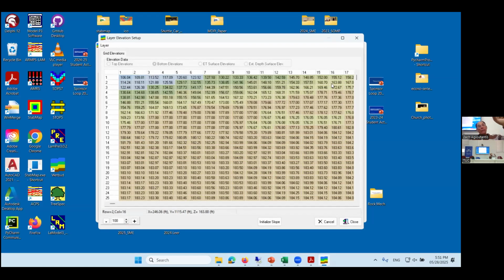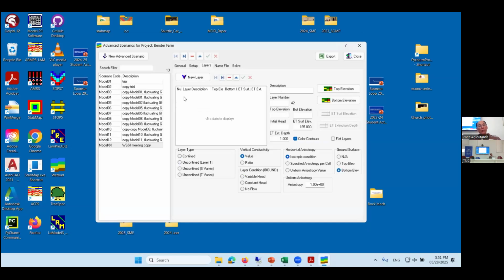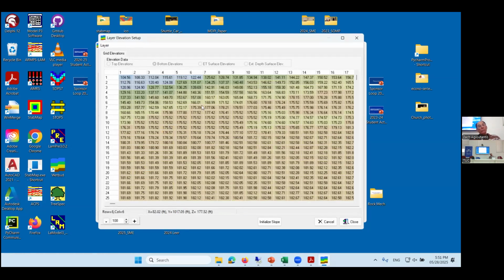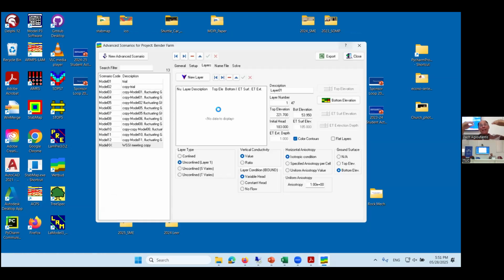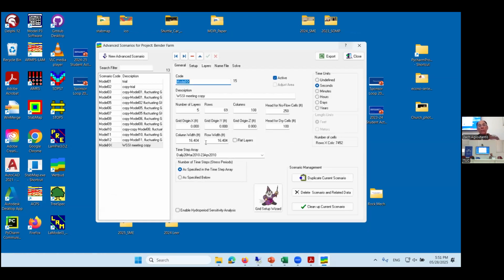So I can now define for every cell the different elevations. I can do layer 2. But now the top elevation of layer 2 is the bottom elevation of layer 1. But I can do bottom elevation of layer 2 right here. So for every layer, I have a whole surface, which is basically, if I go to general, this has